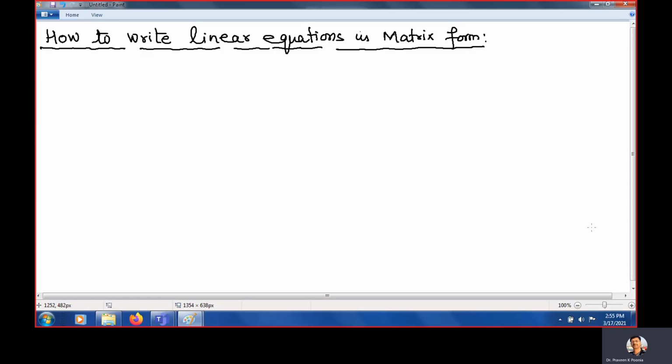Hello students. In this lecture, we will learn to solve linear equations. Linear equations we have already learned solving in basic mathematics with three different techniques. But here, because we are studying matrices, we will learn the solution of linear equations with the help of matrices. Clear? So the question comes, how to write a set of linear equations into matrix form.